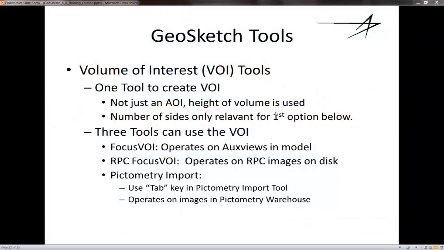This is a demonstration of the GeoSketch volume of interest tools. There's one tool to create the volume of interest, and this is not just an area of interest because the height of the volume is taken into account. And you build a volume of interest using a tool similar to the SketchUp polygon tool,